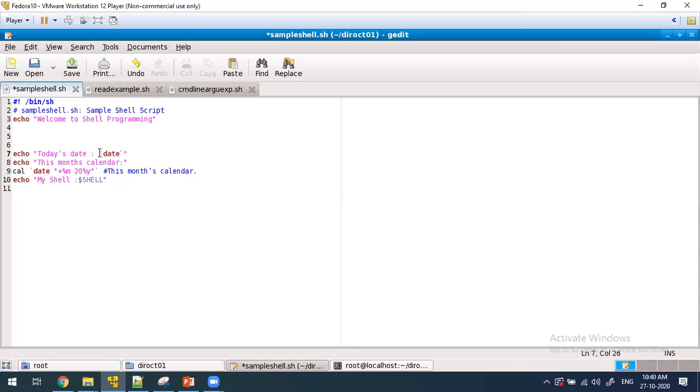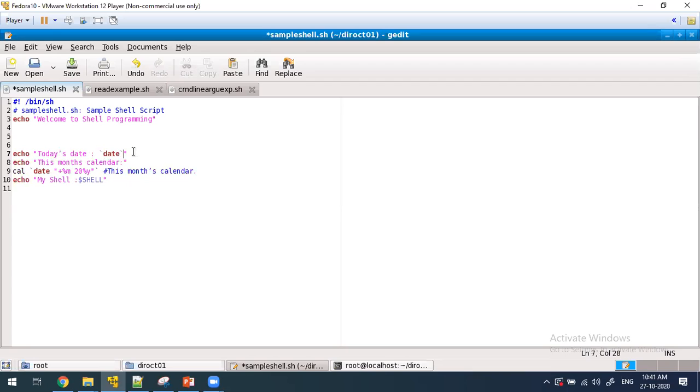Within the back quote, you have to write the command. Then only it will be treated as a command. If you remove this back quote, it is once again normal text. If you write the back quote, then it will be treated as a command.